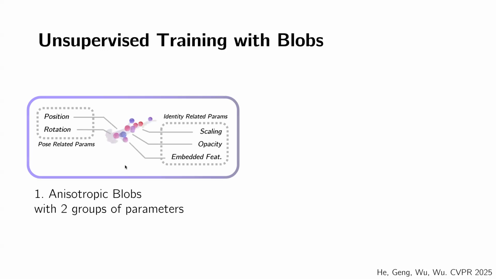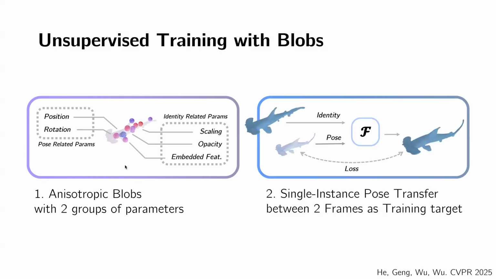similar to roses, you can separate the intrinsic properties of objects, including their scaling or opacity and stuff like that, from their extrinsics, which are the positions and rotations, which means you can then change the rotation or position of specific blobs, but keep the intrinsics, right? So this indicates that after editing, the objects should have the same identity. It should be the same object, same appearance, but maybe with a slightly different pose because one part of it has been moved. Right, so this allows you to go from this original input shape